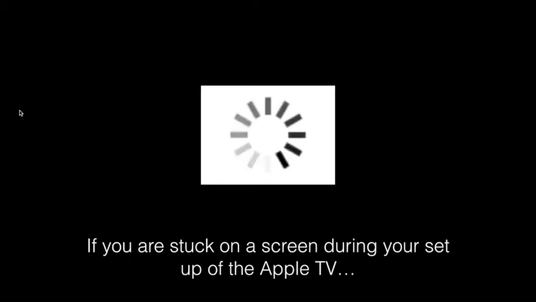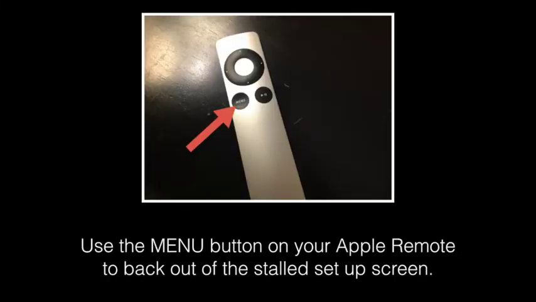So in order to get out of these screens, you need to hit the menu button on the Apple TV remote. You may need to do this a couple of times. Because you might get hung up on a couple of these setup screens that are dependent on internet connectivity, be aware of that. Again, if you see that spinning wheel and you're not seeing a lot of action happening after a minute or so, feel free to tap that menu button and get back out so you can continue setting up your Apple